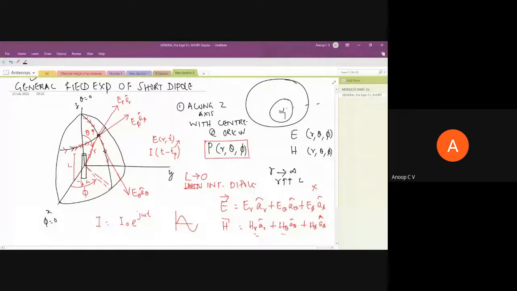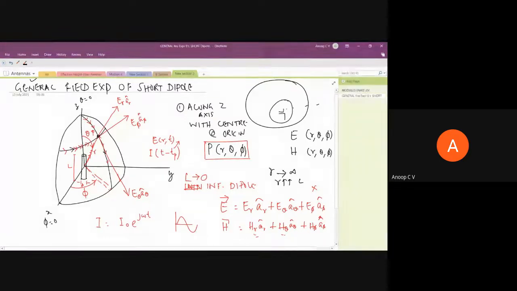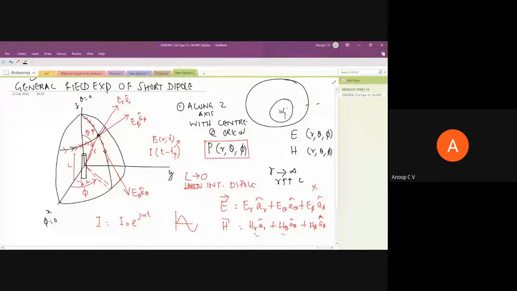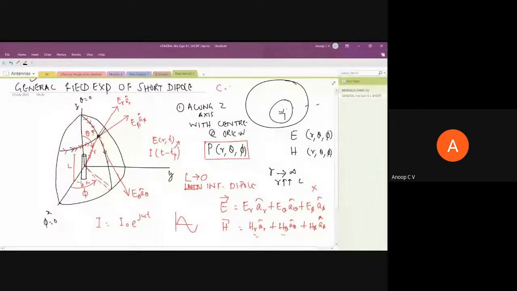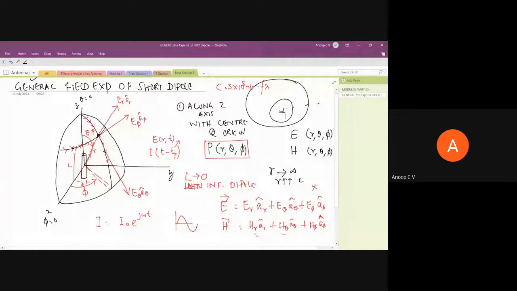For instance, if an electric field is produced at this antenna, for it to travel to a distance r, it will take some finite propagation time. It's not traveling with infinite velocity. If we assume the medium around this antenna is free space, air or vacuum, the velocity with which the radiation propagates will be equal to c, that is 3 into 10 power 8 meter per second. You know that, and that will be equal to f lambda, where f is the frequency of the electromagnetic wave and lambda is the wavelength. So f lambda will be 3 into 10 power 8, or if it is any other medium, I can write it as 1 by root of